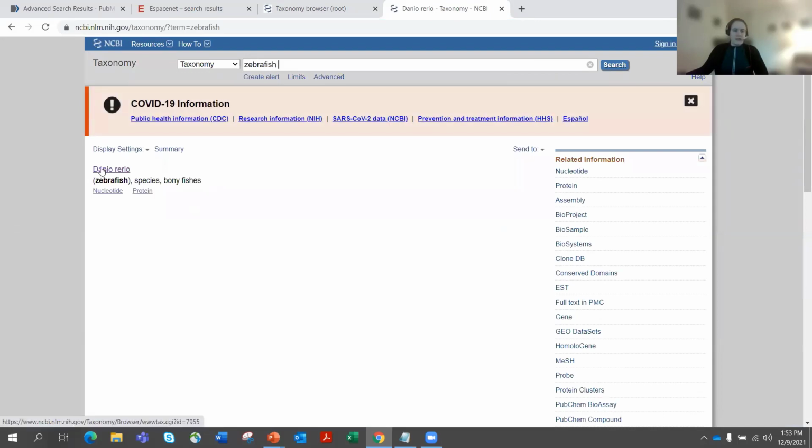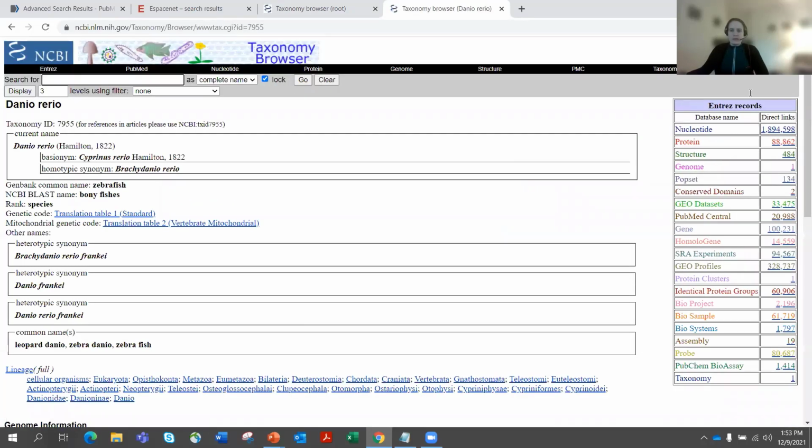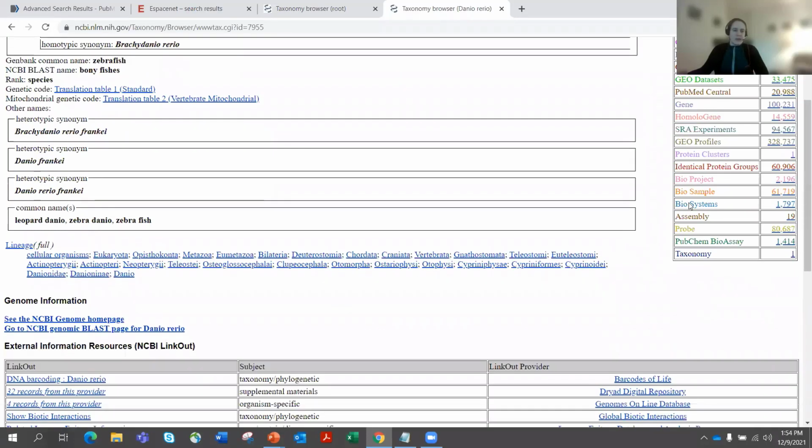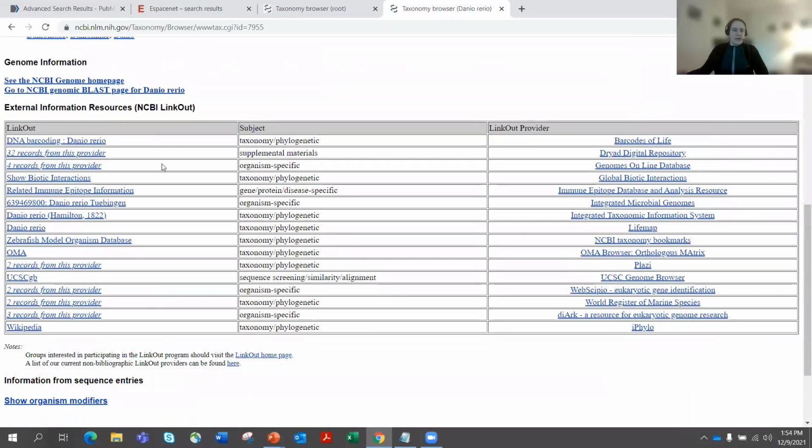And you can see that it'll bring up the Latin name, but you'll also see some information related to the common name beneath. And when viewing it, you'll view a list of, it says the entrez records. This is just a table where you can find links to various NCBI databases with pre-made searches related to that specific organism. And you can also scroll down and find links to external resources related to that specific research organism, including model organism databases like the zebrafish model organism database, which we'll discuss in just a second.